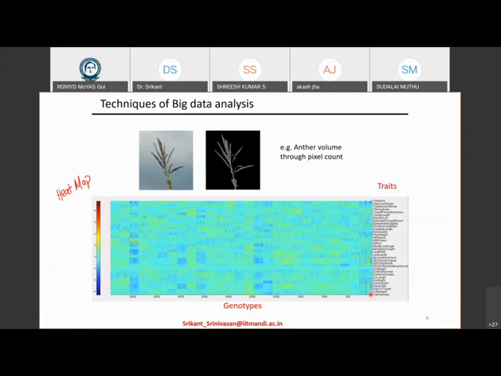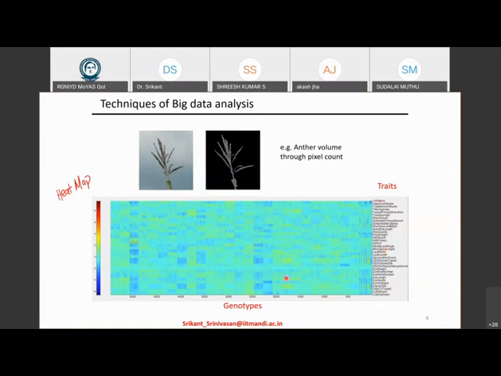So if I have about thousands of varieties of plants of the same thing, these are thousands of varieties of maize plants, and I measure the various parameters for each of them, like the leaf angle, the size of the tassel, the length of the tassel, the number of spikes, what is the height of the plant. If I do some NIR spectroscopy, that is near infrared, then how much starch content is there, what is the width of the leaf, how long does it take to reach flowering stage, and in the corn itself, how many kernels are there. So all of these are various characteristics. So this is a data set, right? This is a big data set.